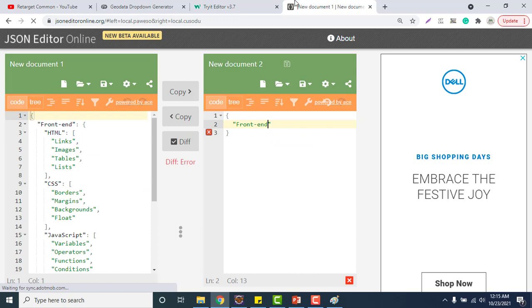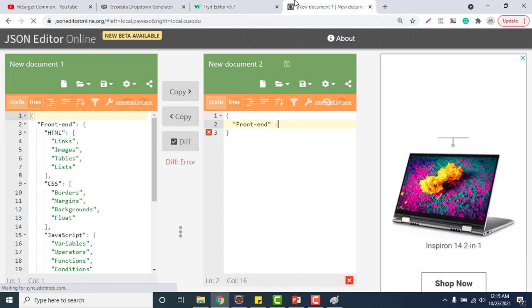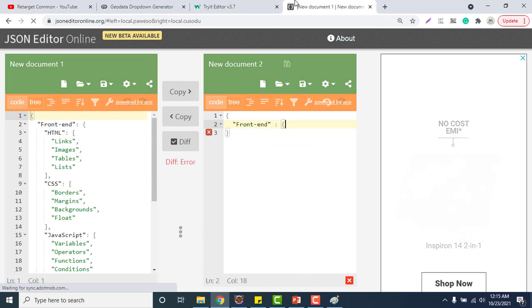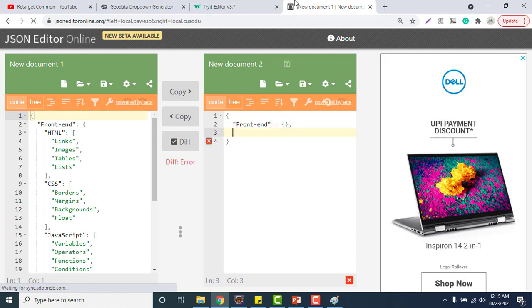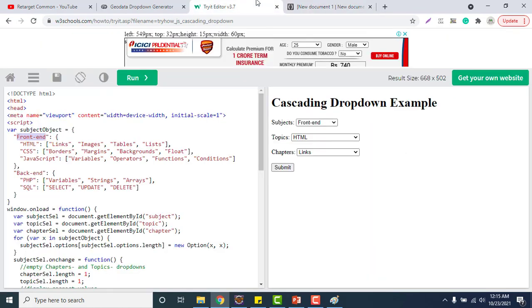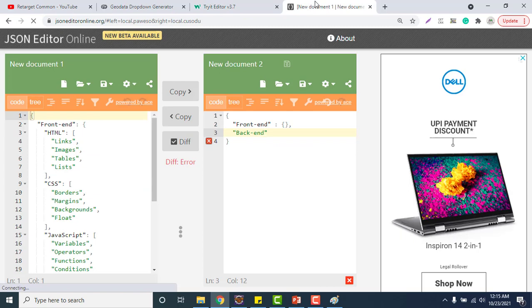I will put it like this for now. And another key will be your back end.